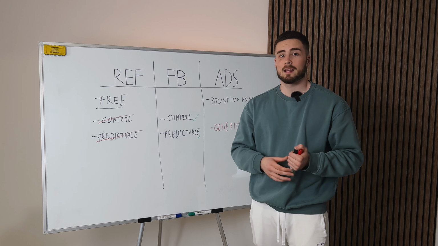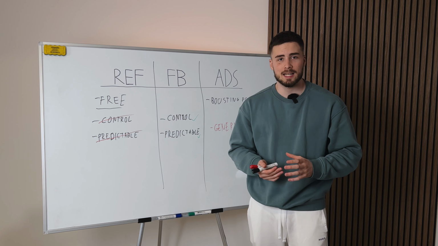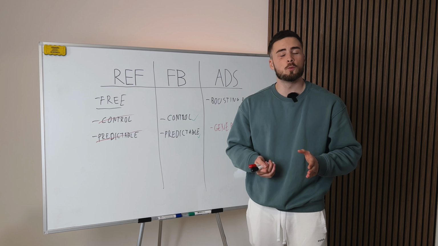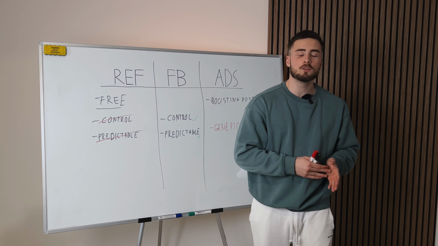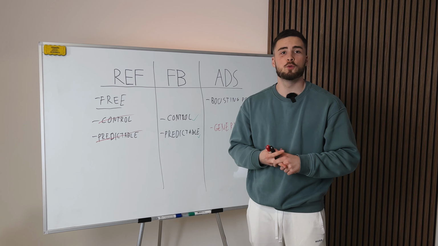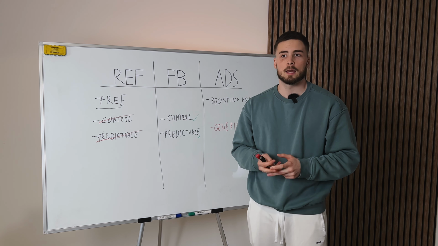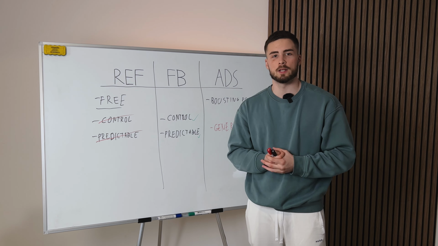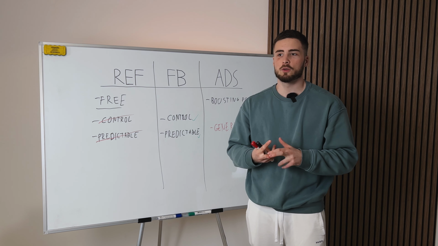Now, to give you some examples of what a good ad and a bad ad is, let's take video ads. We've just noticed that in general, video ads tend to work better than images. A bad ad would be me saying, we do homework help all the way from elementary to college. We will help your kid be more confident in school. We will help them improve in general in school. And we will help them be calmer and more stress-free. You don't know who I'm speaking to. You don't know what result I'm gonna get. There was some mention of being more confident, some mention of them doing better at home. Like, who cares? It's homework.